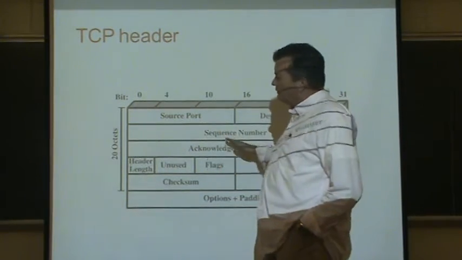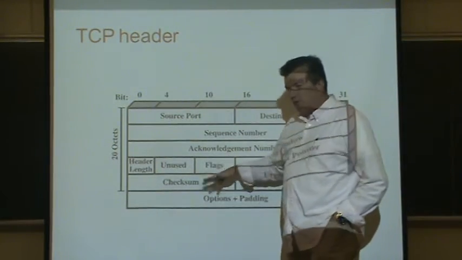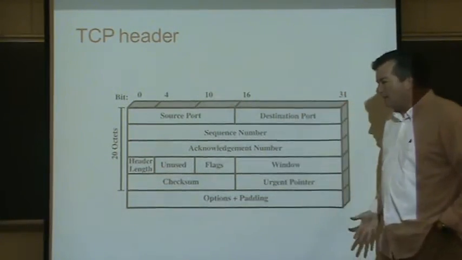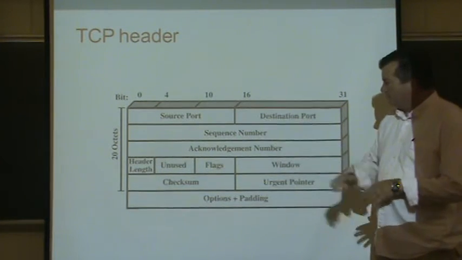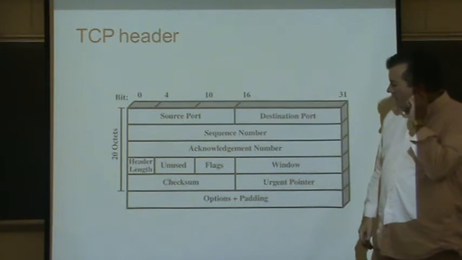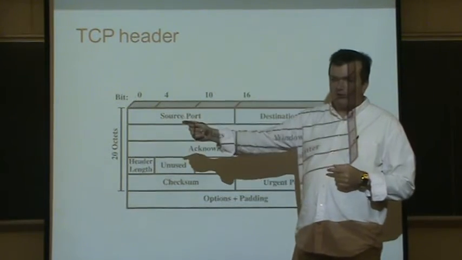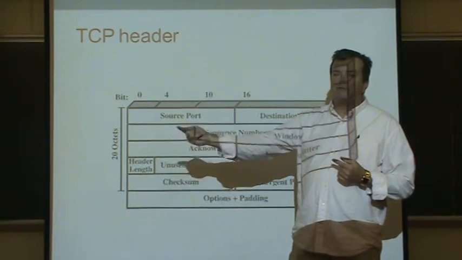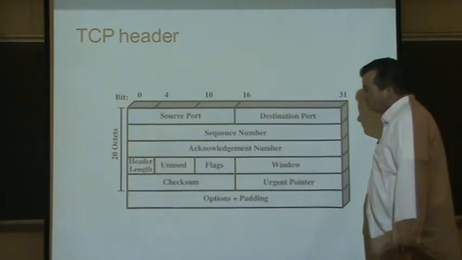Then there's other information. We'll go over later on in the course what each one of these fields can do and what can go wrong if you don't set them correctly. But for now, just to have an idea of what is in these header fields. The sequence number is if we're sending a series of messages, which one is it? Acknowledgement numbers could be used if we want to know that the receiver has received the transmission. They can send information back to us.